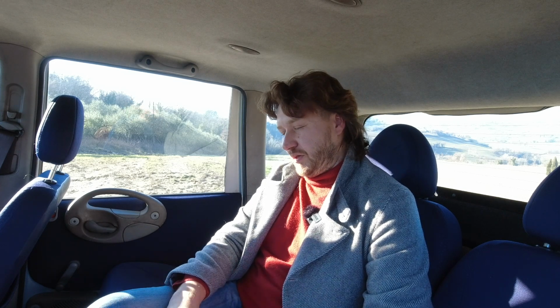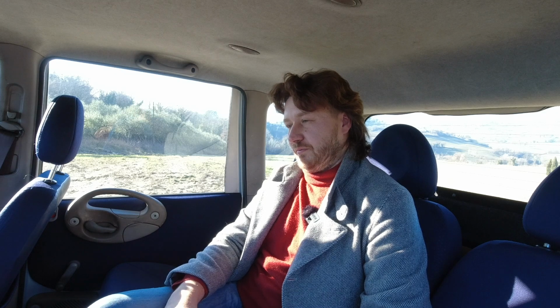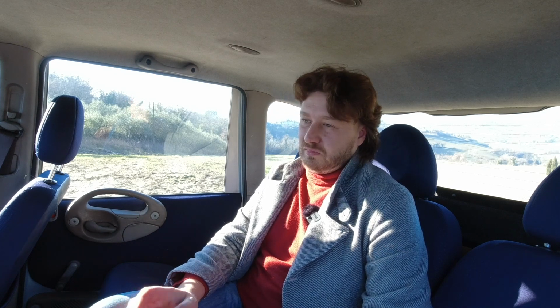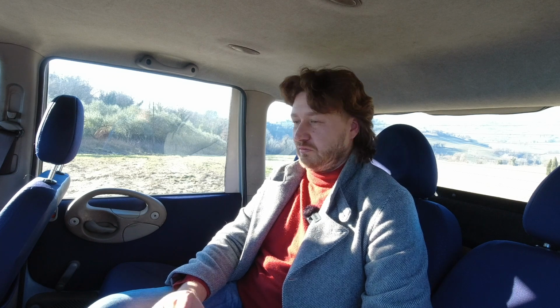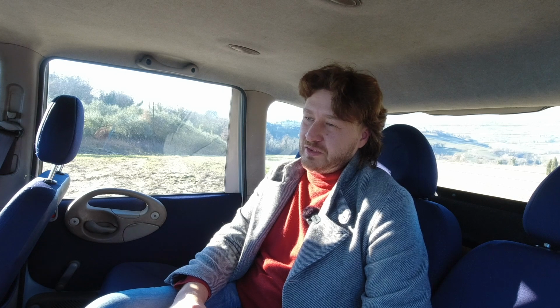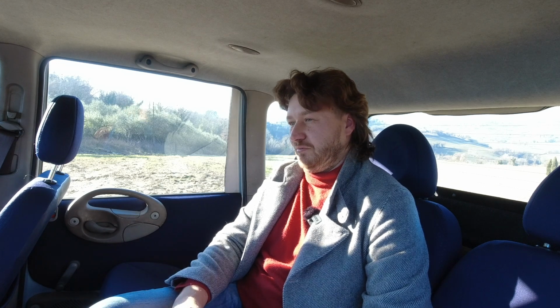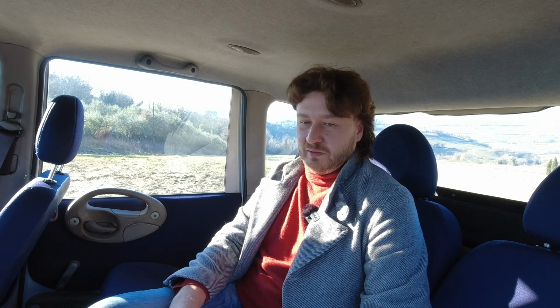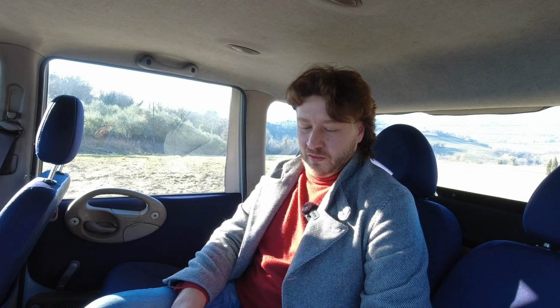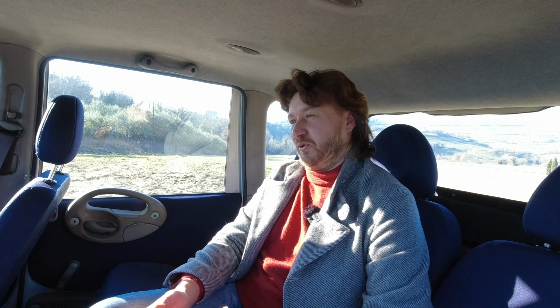The other inconvenience and nice thing to have is fixing the height adjustment on the driver's seat. Again, I'm perfectly fine in this car, driving it the way this seat has been set up by a previous owner, I guess. But I just don't like having things that could be fixed, and probably fairly easily, but they're not working. And the third one, and probably the biggest one,